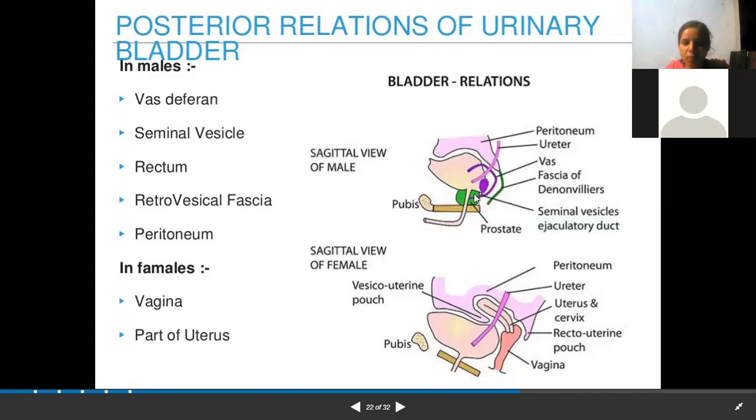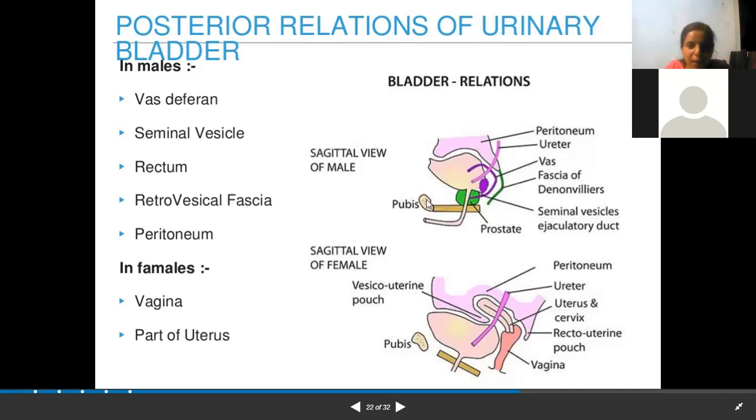They will join to form the ejaculatory duct, which opens into the prostatic urethra. Actually, the vas deferens brings the semen. Seminal vesicles will also pour their secretions into this ejaculatory duct. The prostatic gland will also release prostatic fluid. So these secretions together are called semen, which comes out through the urethra, which is passing through the